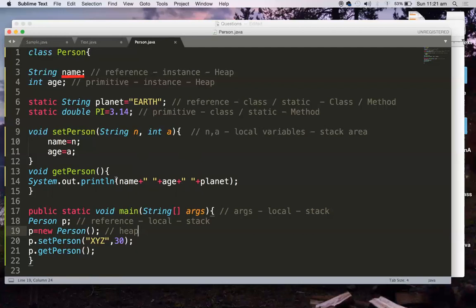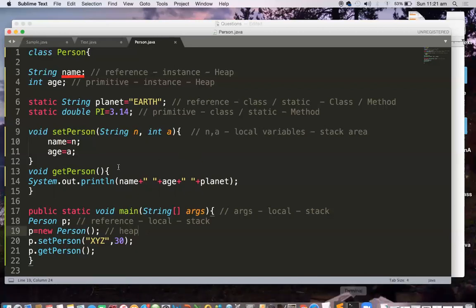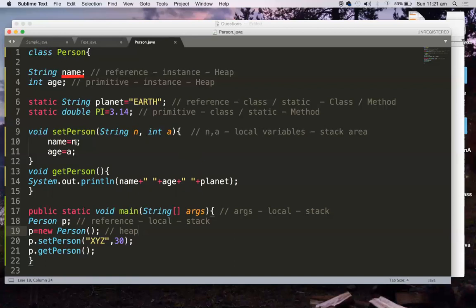Because I have written this program, let me save it, compile it, and see what the output will be. To understand the output, let's go through this class once again. I have four members: name, age, planet, and pi. I am setting n and a because planet and pi have already been set.